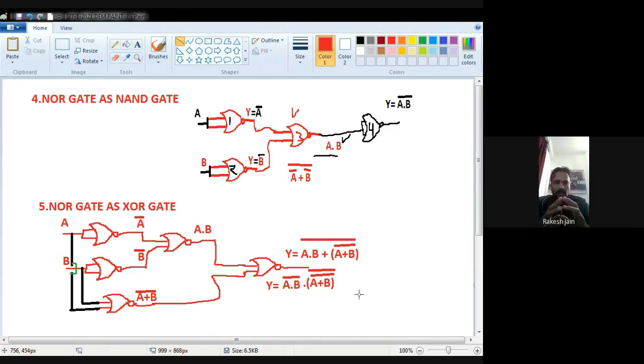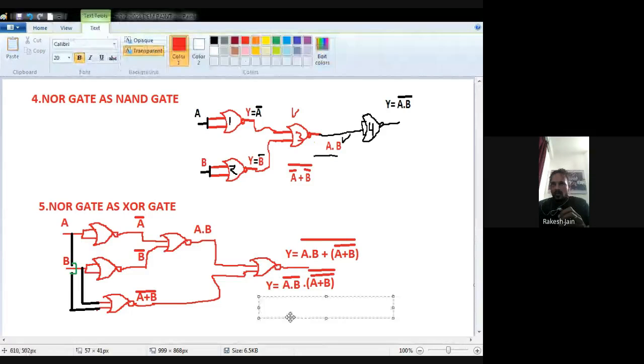So here the first thing is AB and second thing is A plus B bar. So write down those two things separately having a dot instead of plus. So first thing is A dot B, plus will be converted into a dot now. Then write down A plus B bar, okay, then put bar on both those things. So first thing A dot B having a bar and second thing A plus B bar having a bar, okay. Now see what will happen.